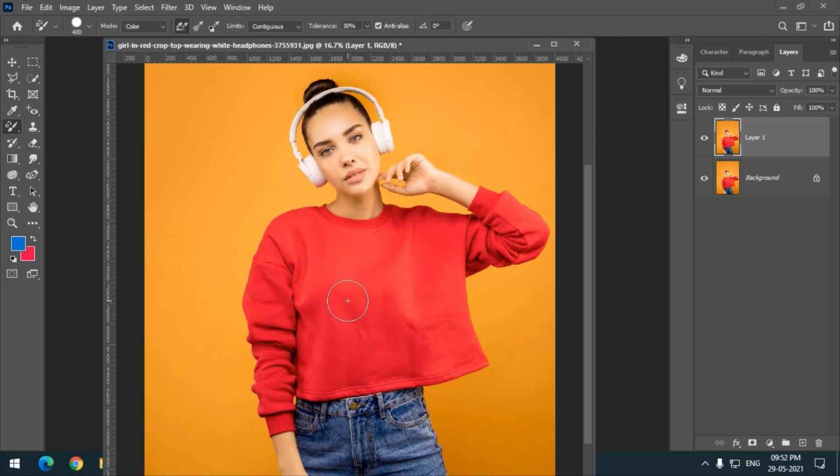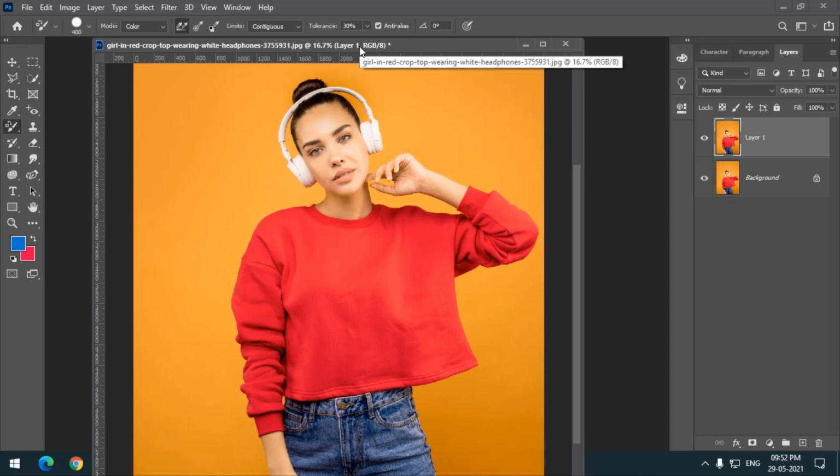It will continuously sample the area from the background. Limits contiguous, tolerance as per your requirement. Always keep anti-alias on, and angle doesn't really matter over here because we are not dealing with any drawings. So angle really doesn't matter in this particular example.